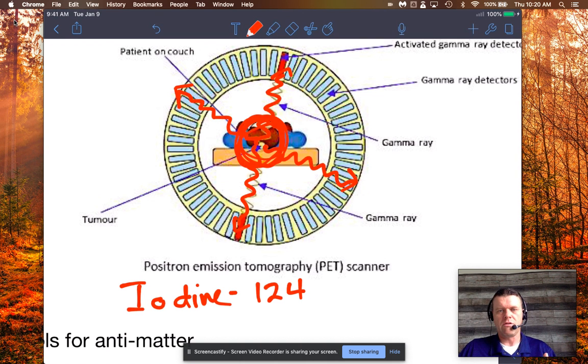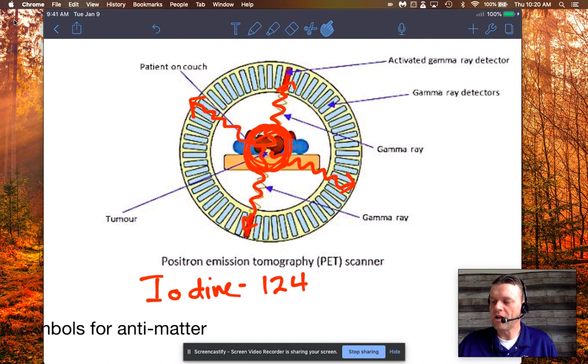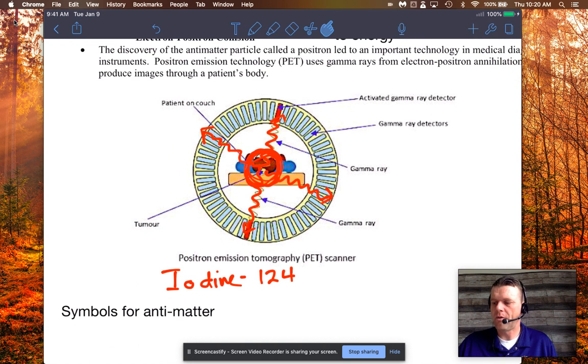Okay, and then an image gets created, and a doctor with a huge amount of precision can know exactly where this tumor is. So, medical imaging is a fascinating career field, and some of you may even get into it, way beyond X-rays. There's a lot of ways: magnetic resonance imaging, MRIs, CT scans, PET scans, which is this one. There's a lot of ways to image the body, and sometimes you use the principle of antimatter, which is really cool. So you're going to use the annihilation of electrons and positrons.